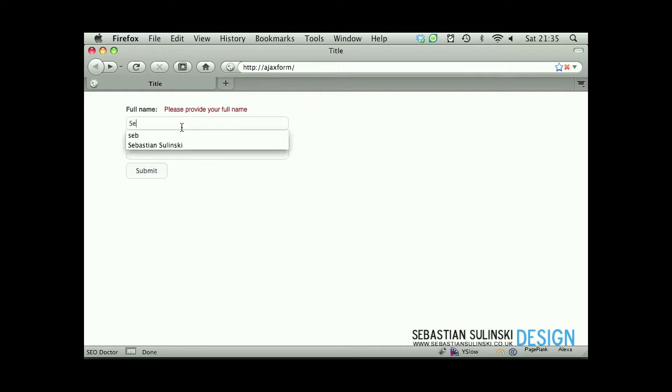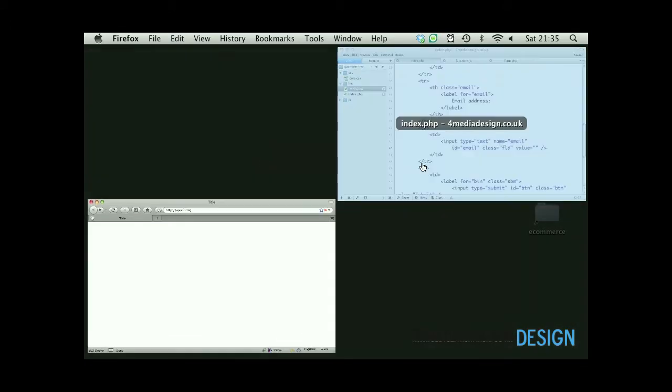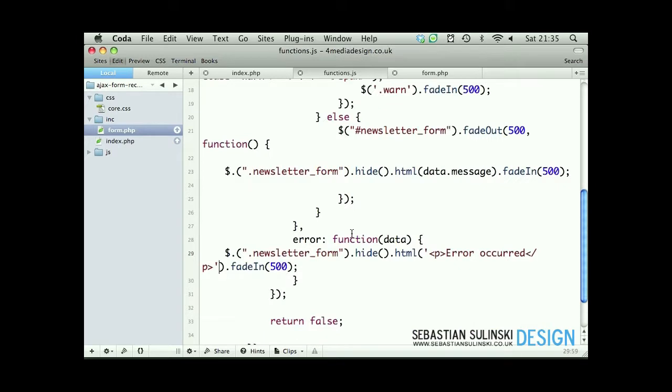Now if I fill it in with some information, and now submit, the form fades out, but hey, the message doesn't fade in. So let's quickly check what's going on here. If we go back to our